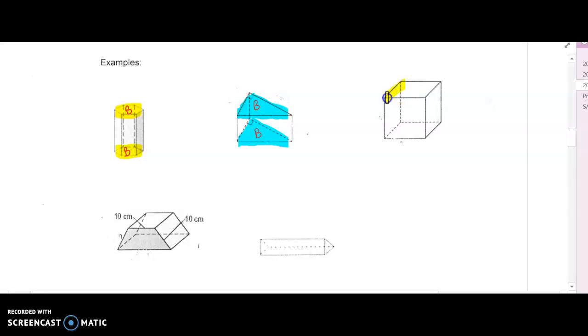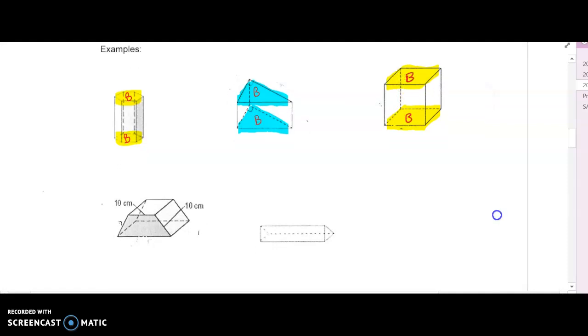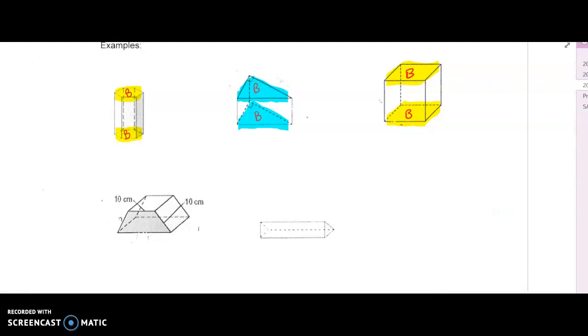So I'm going to pick the top and the bottom, but if you pick the front and the back or the left and the right side, it's two sides. Remember, they do still have to be parallel, but you just pick two sides that are going to be congruent and parallel. Okay, then on the next one, the trapezoidal prism, this is a hard one for a lot of